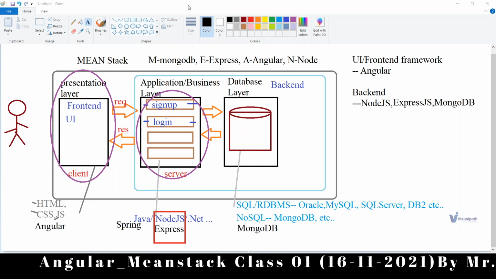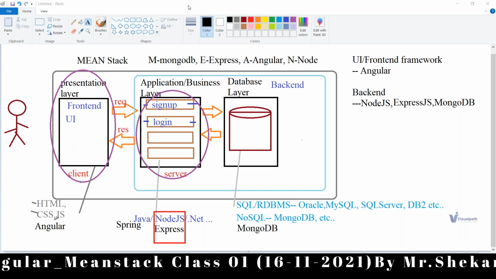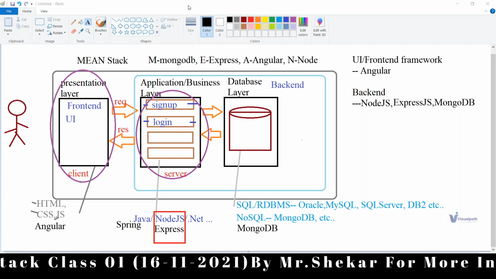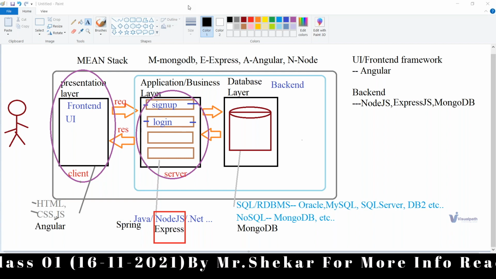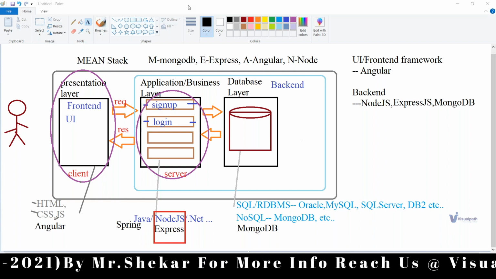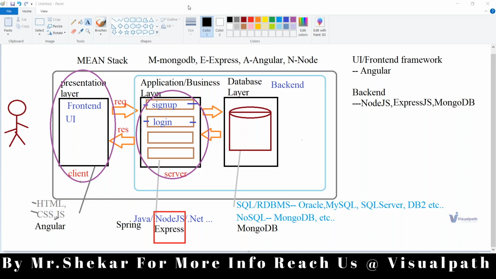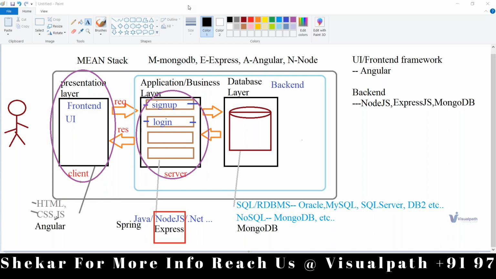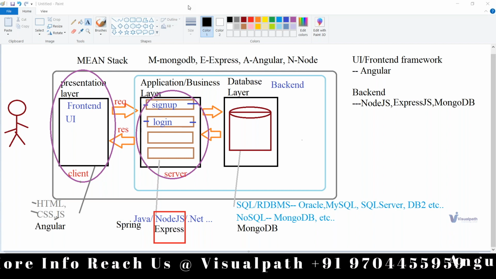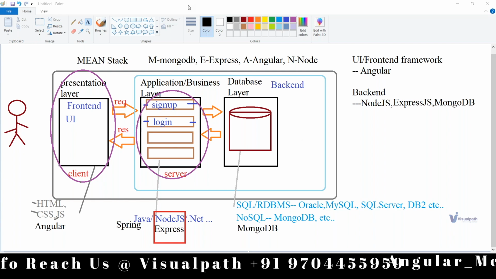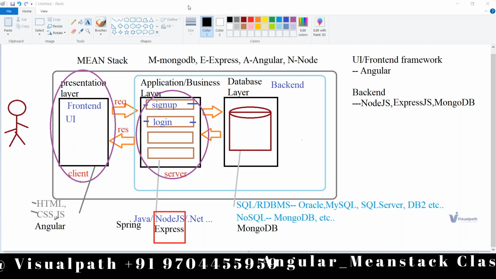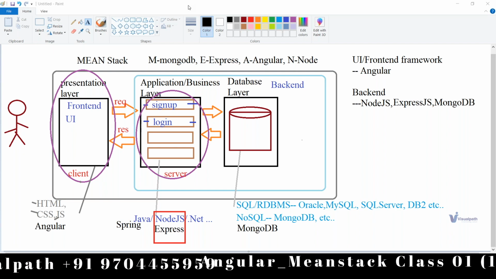Other than that, you will be developing one application in Angular, learning how to develop an application using Angular technology. But that is pure Angular only, without any backend data. How the data will be there and how we are going to work with it, you'll be learning there as a pure Angular thing.